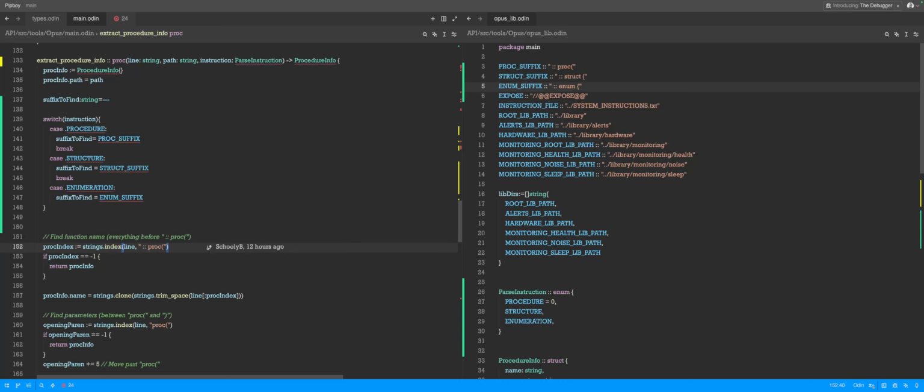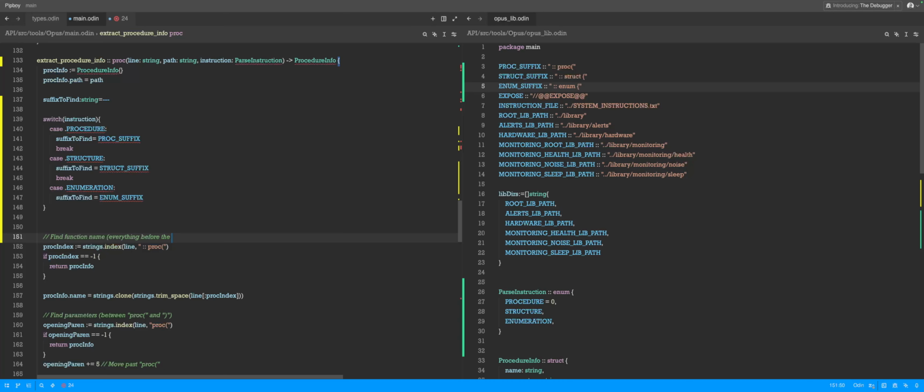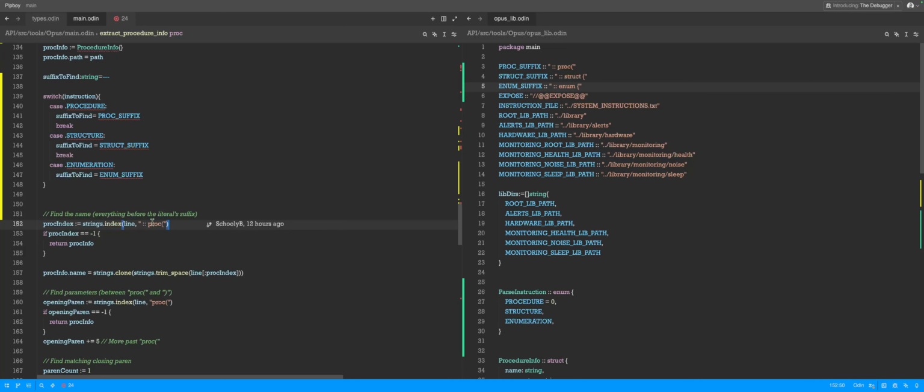And then we can just do literal suffix. Okay. And then this needs to be